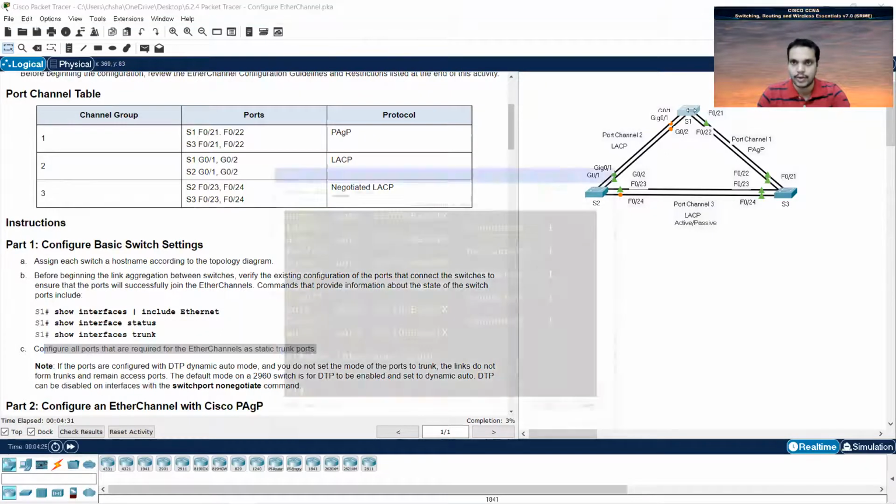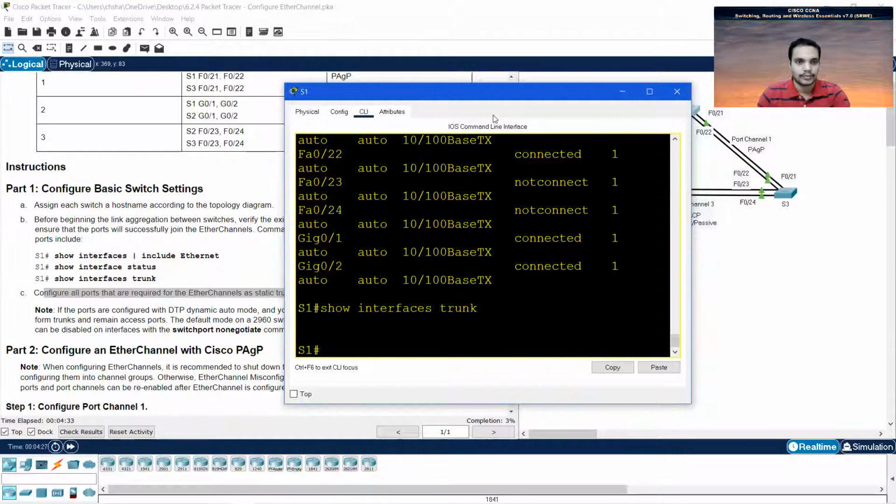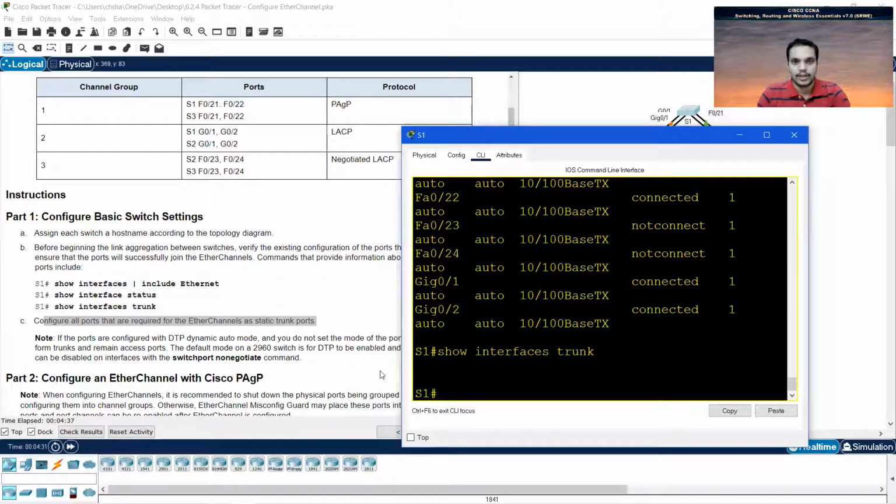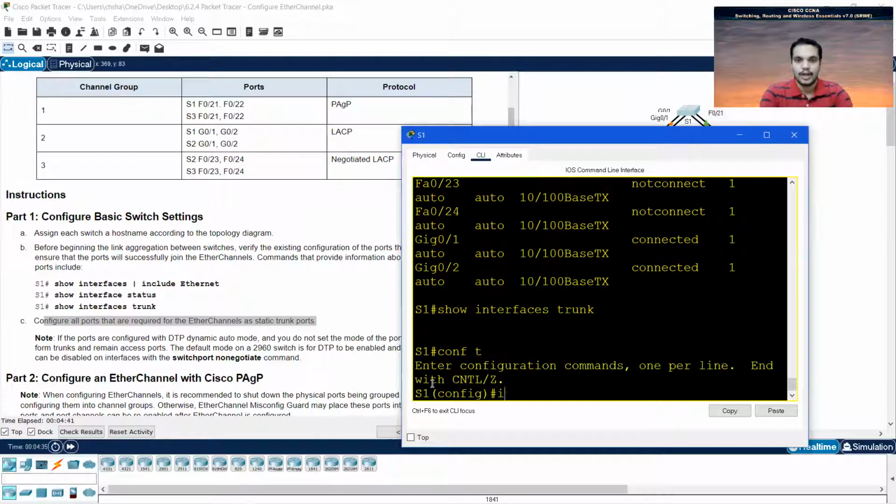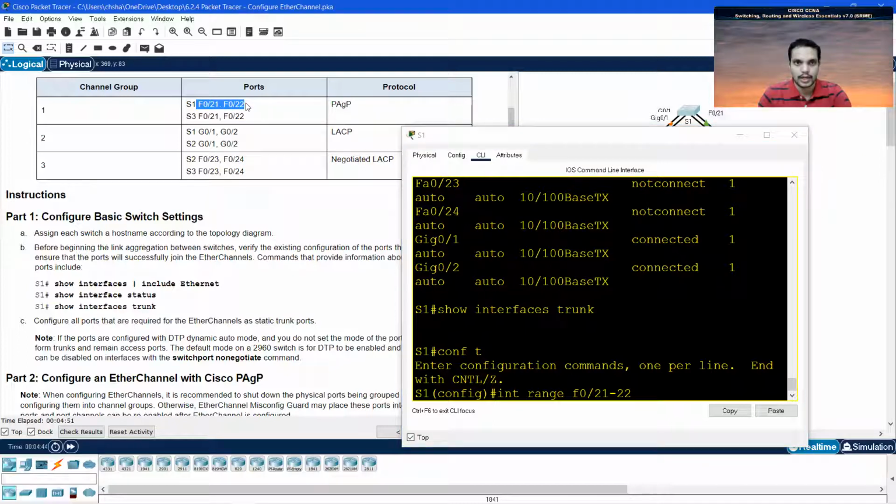So let me start with S1. Click on S1. So on S1, what are the different ports I need? Let me go into the global configuration mode, and I can use the interface range command F0/21 to 22. So here, if you see on S1, these 2 ports are there, and once again, I also have the G0/1 to 2 interfaces on S1 for your EtherChannel preparation.